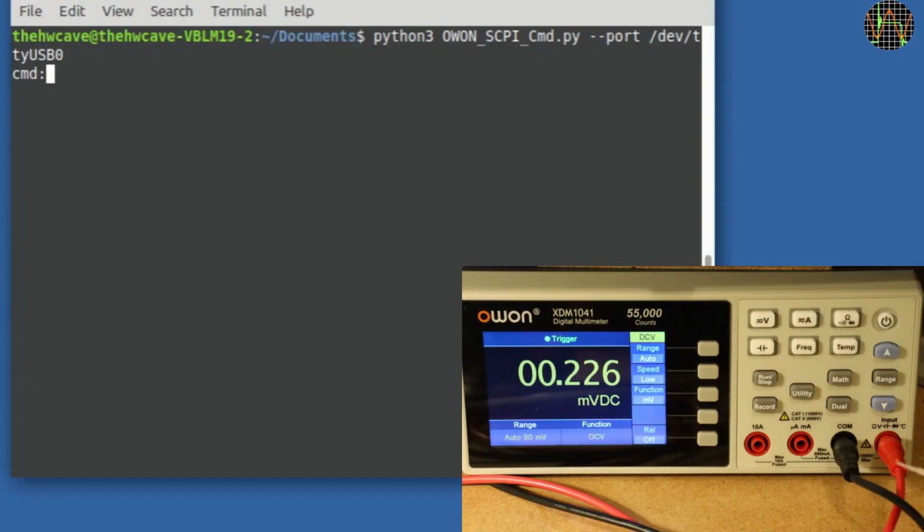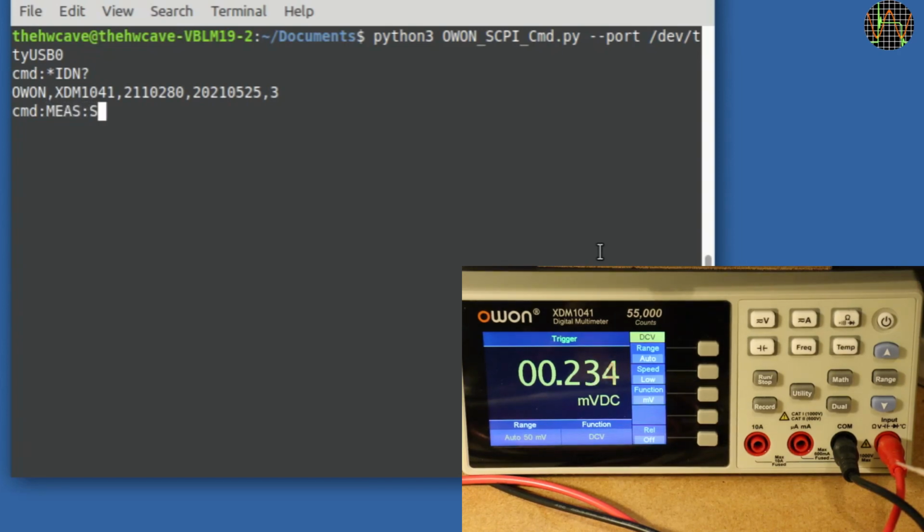To find out, I fire up my little test program that I use to explore the O1. It is very simple and just sends a text string on the serial port to the XTM1041 and then waits for up to 1 second for a response. So for example, *IDN? should return the ID string and firmware, and it does.